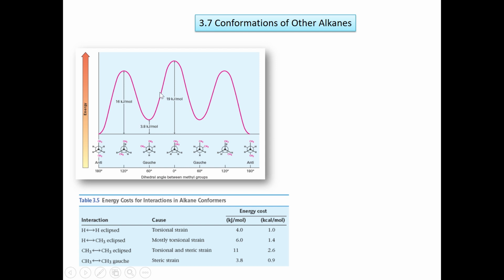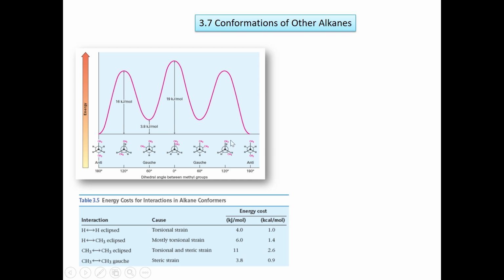Then we are rotating, and now we have the maximum energy, that is the syn conformation, as you can see here. Why? Because now we have eclipsed the two big groups. This is the worst situation possible, when we have eclipsed the two big groups of each carbon. And this will be the maximum of energy, as you can see here. We rotate again, and what we get is another gauche, eclipsed, and finally we come back to the anti-conformation.